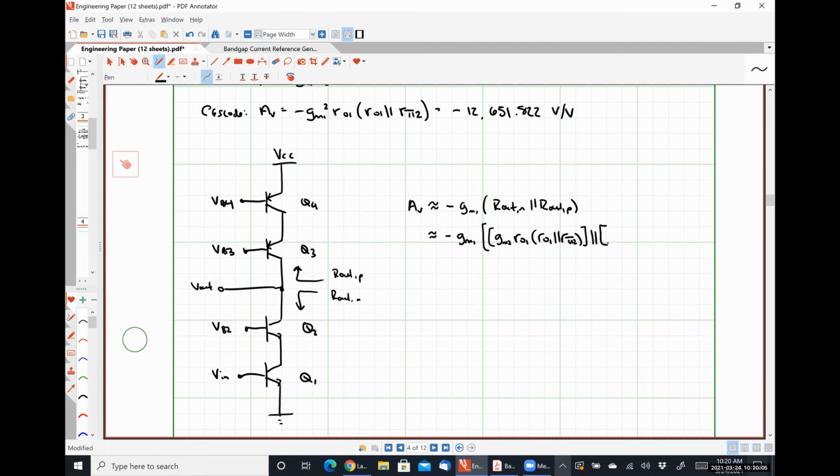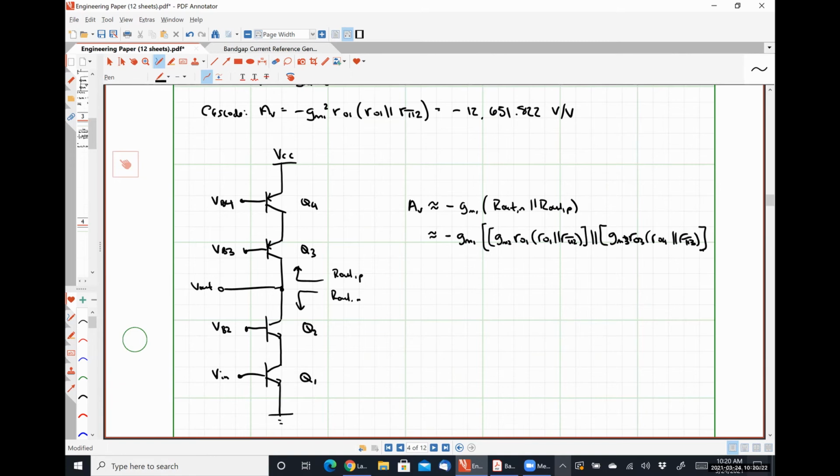That quantity in parallel with GM3 R0 3 R0 4 parallel with R pi 3,